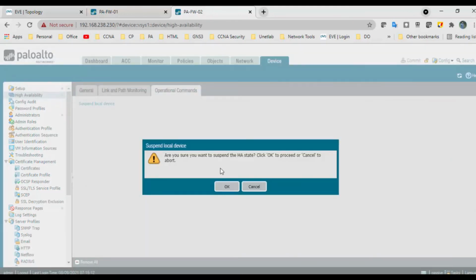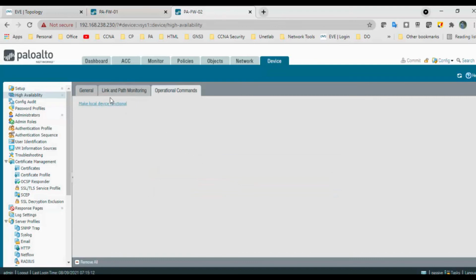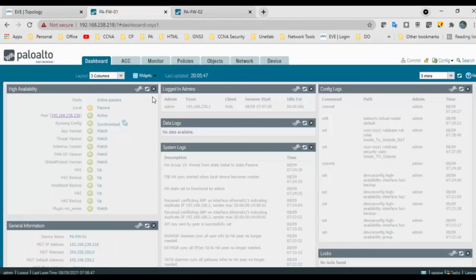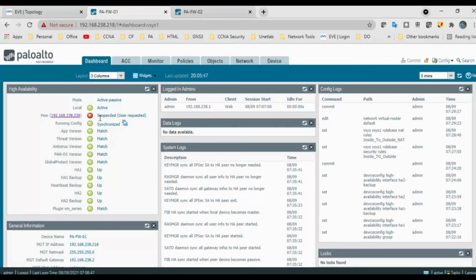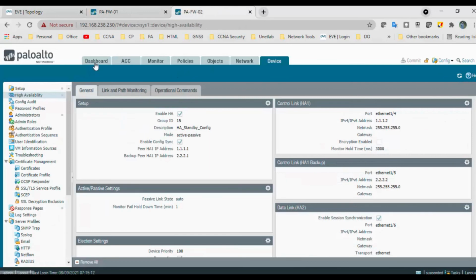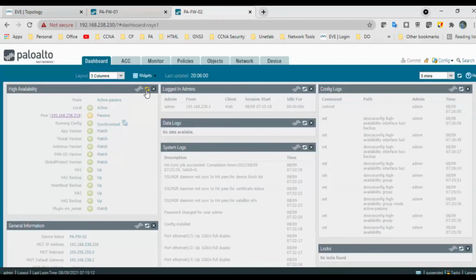Suspend local device, click on OK, and now the firewall 1 will become the active one. It's suspended, and again the 238 dot, you can see the active one is local, and go to the second firewall 2 and click on refresh.